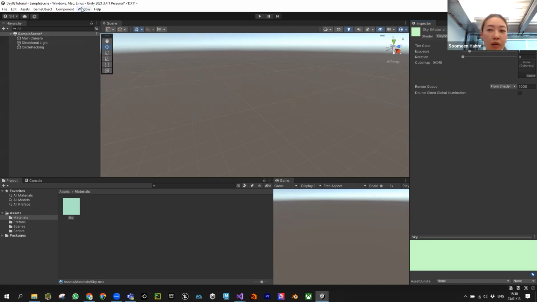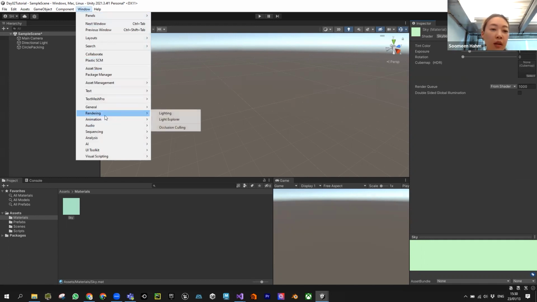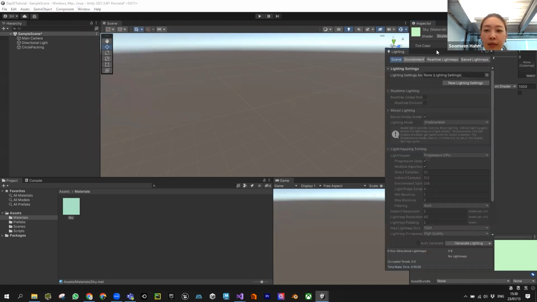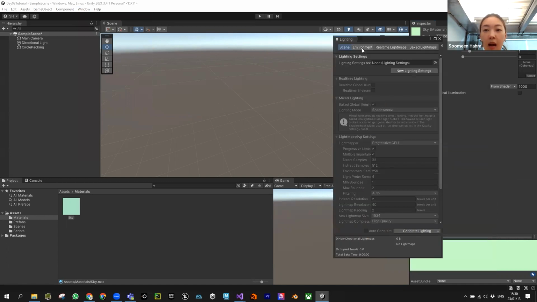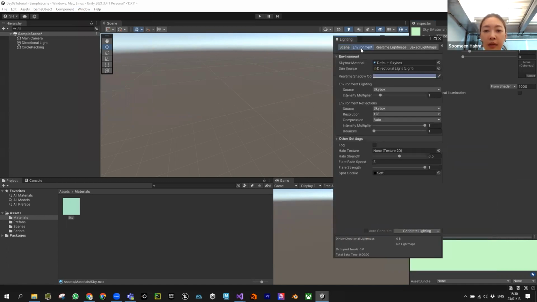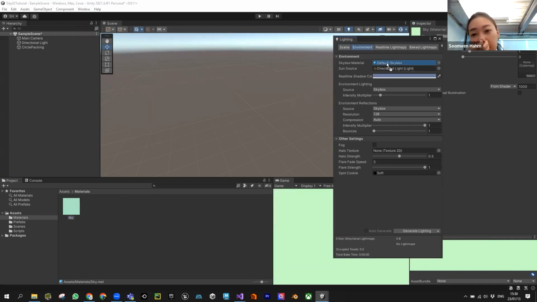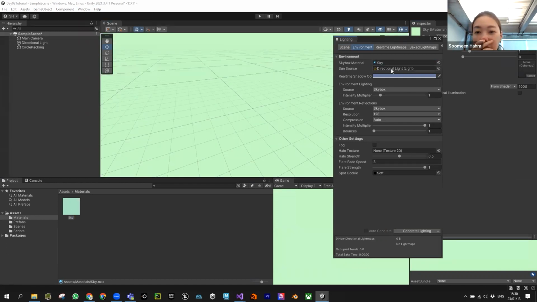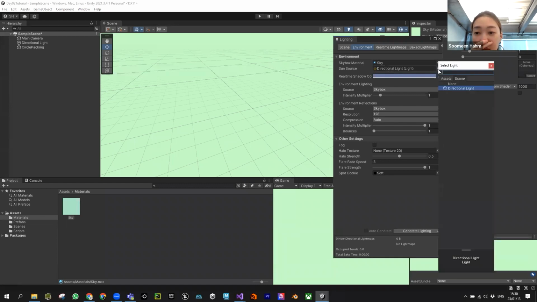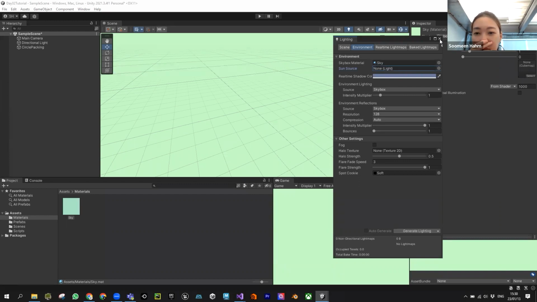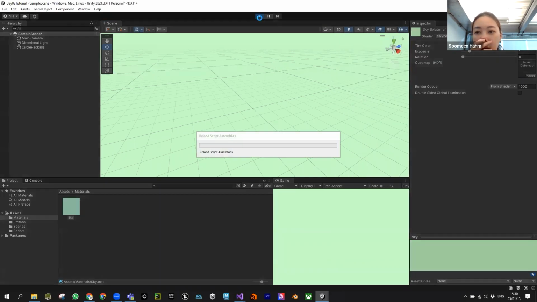And then go to Windows, Rendering, Lighting, and go to Environment. Change the sun source to sky. Oh, no, the first one. Default skybox material. And this directional light, we can set none. So that's how we change our